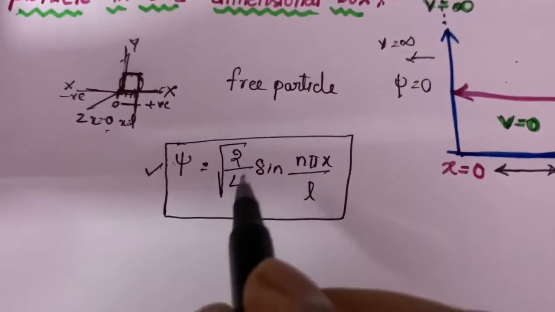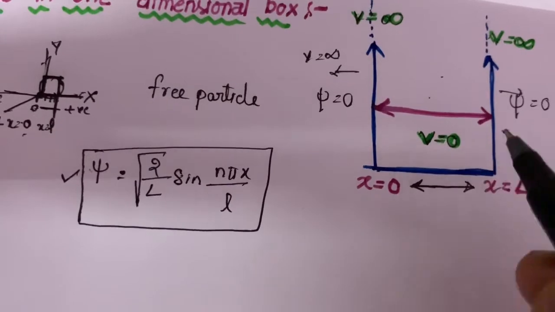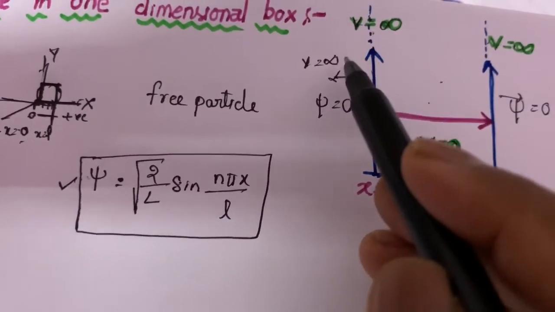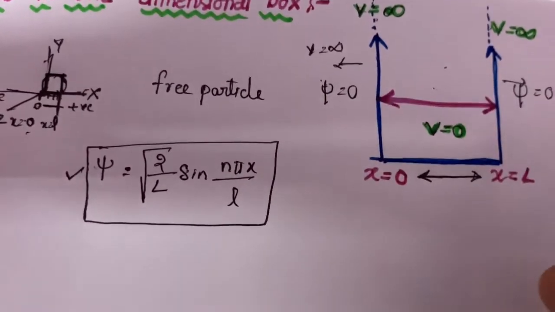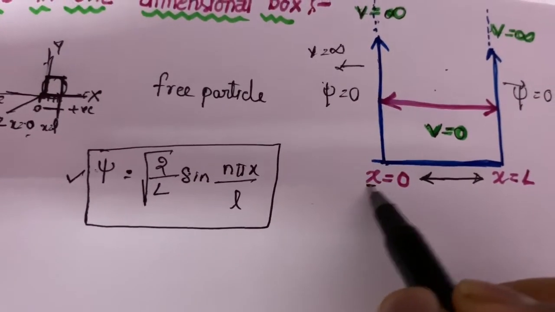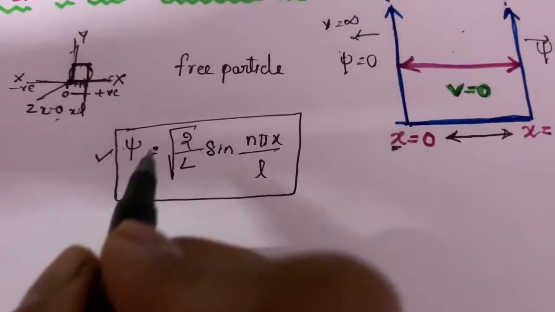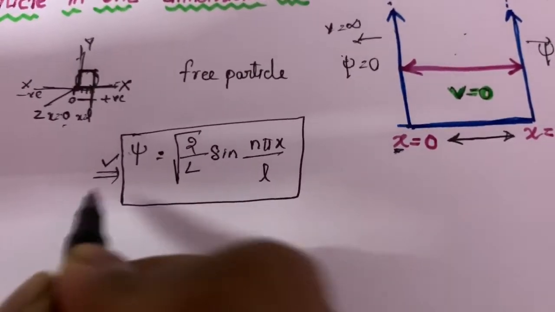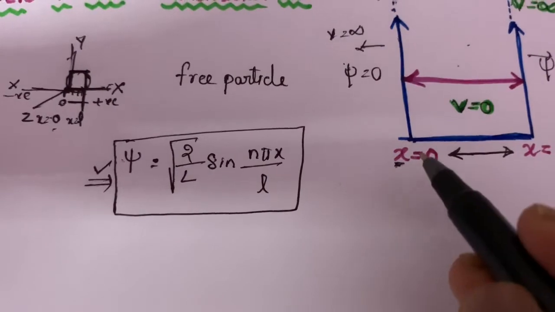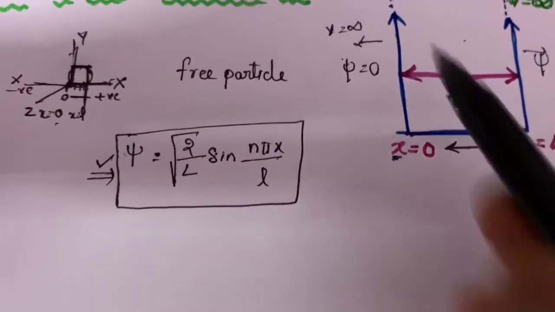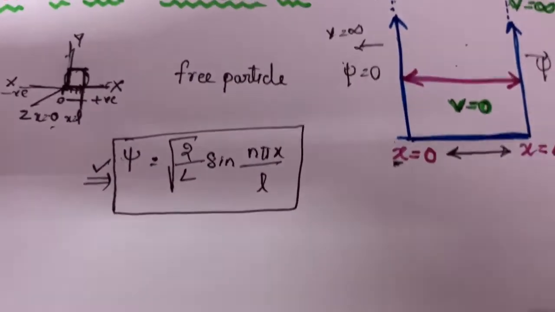After deriving this equation, we are going to prove whether the particle is exactly present inside the box, or whether it may be present along the walls, or outside the box, by just substituting the x value. Let's see case 1. Before deriving this equation, we are going to check whether the particle is present outside the box, along the walls, or inside the box.